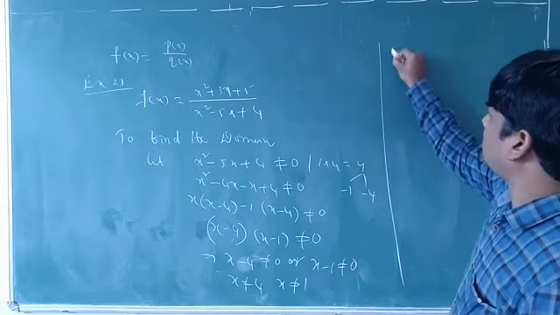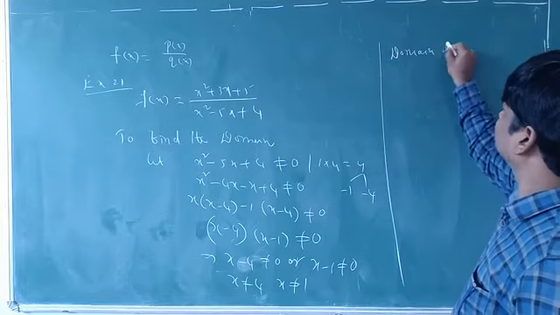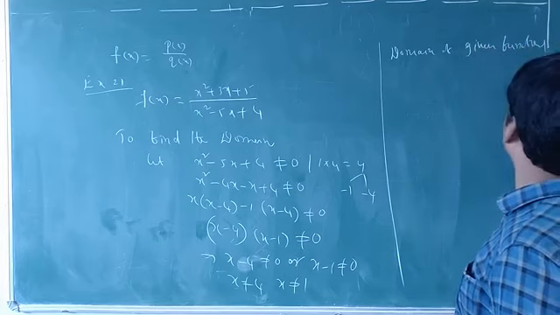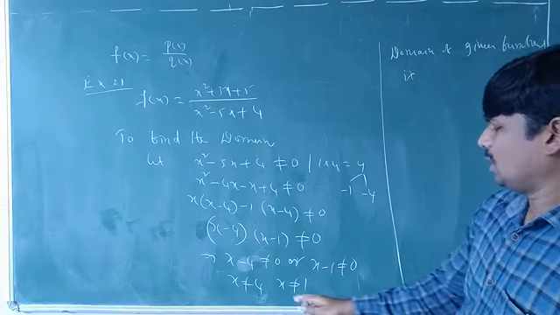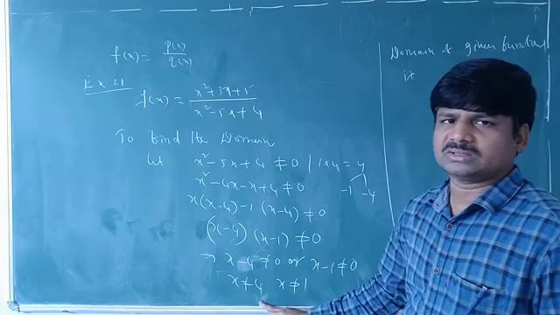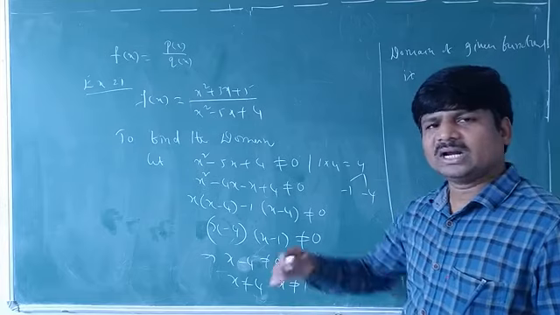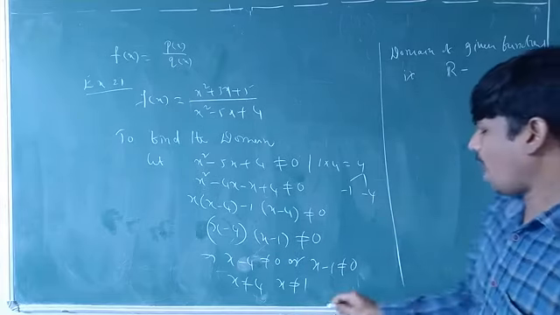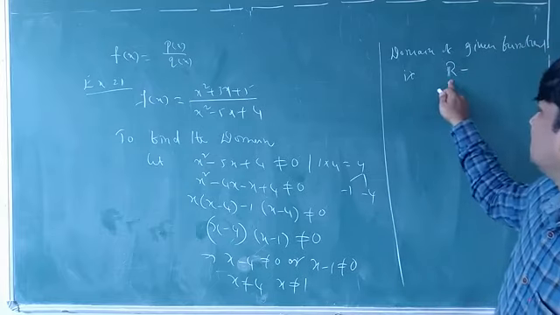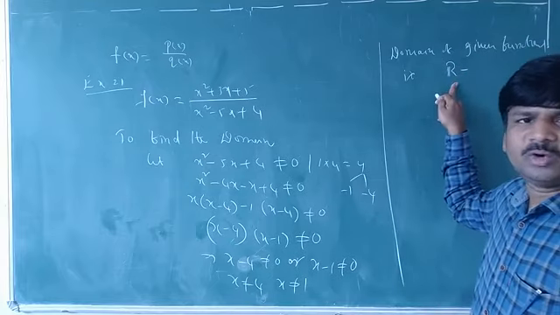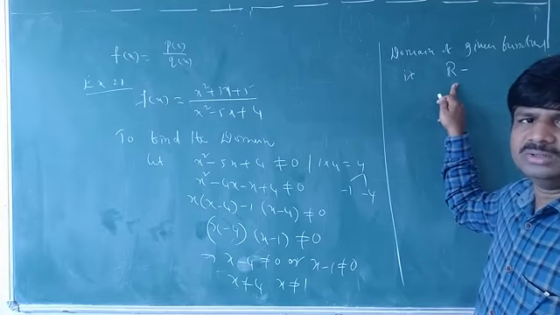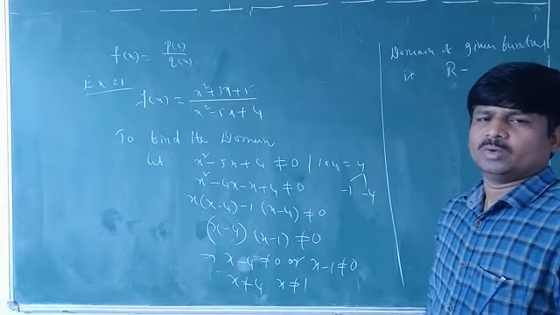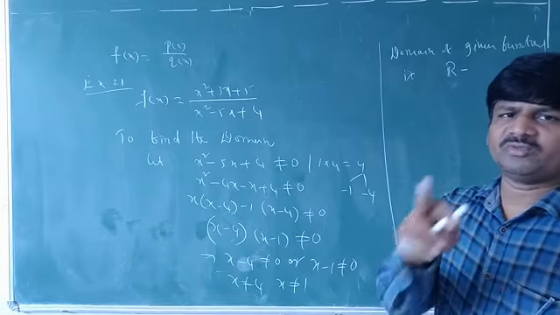Okay. So what is the domain of the given function? You cannot take 1, you cannot take 4 also. So except 1 and 4 you can take all the real numbers. Actually what are the real numbers? R. So from R what do we have to subtract? In R, 1 and 4 also are there, and those you cannot take. That is why we have to remove the values 1 and 4 from R.